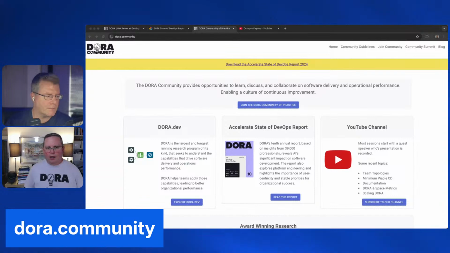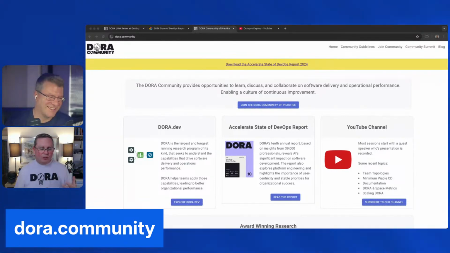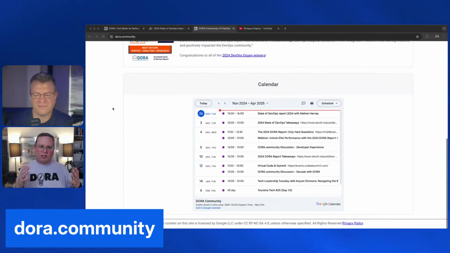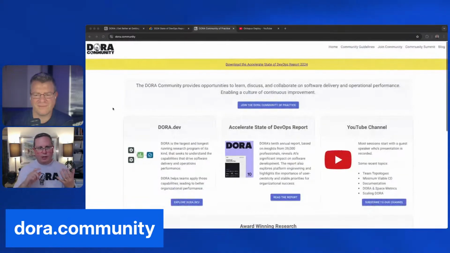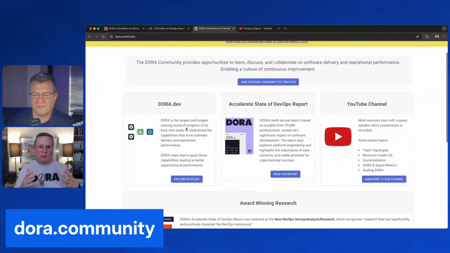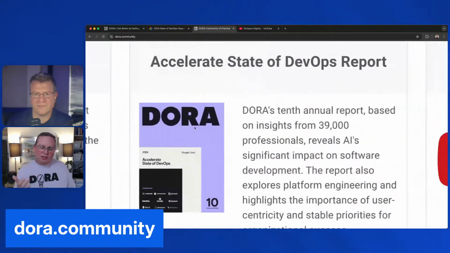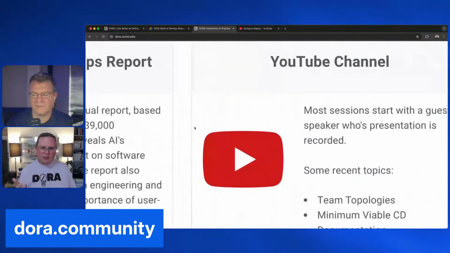Yeah, here's the thing. I know a lot because I've read all of the research reports, and I've been involved with this for a long time. But that makes me kind of an expert on DORA. That's not an expert on you or your team or what you're trying to accomplish or exactly what you need to do. And so a few years ago, we launched the DORA community to really bring together the practitioners, the leaders, the researchers in this space who are all trying to, well, get better at getting better. And that's exactly what this is. So the DORA community has thousands of members today.